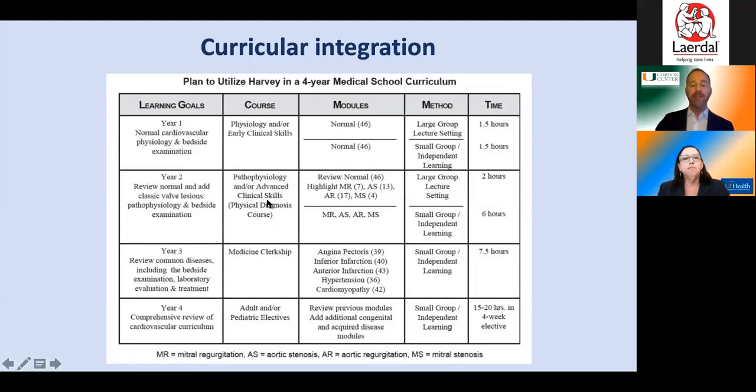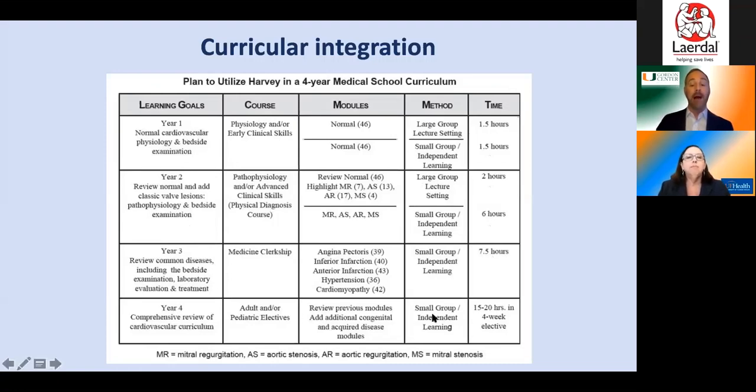As they progress, you see we then layer in progressively more difficult or complex conditions. So the main valvular abnormalities, for example, in 2nd year, once they've learned some physiology, pathophysiology. Again, a mix of some large group lectures with small group practice opportunities. You'll notice then as we progress across the curriculum, once they move into the clinical phase, we do less and less instructor-led and more of the time is spent in self-regulated learning.